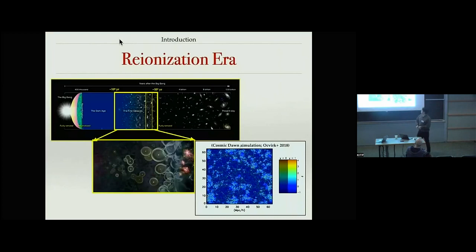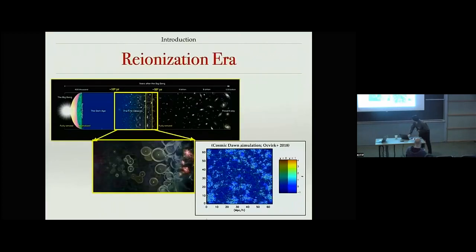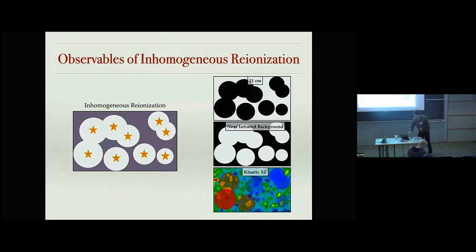So I guess I don't have to talk much about reionization anymore because it was introduced many times, but basically I'm going to show you this movie by my collaborators, the Cosmic Dawn Simulation, where reionization starts as small ionized bubbles around bright galaxies, and it's supposed to play. It doesn't play. Whatever. Eventually these bubbles would expand over time to fill the entire universe to complete reionization. So this inhomogeneous reionization pattern